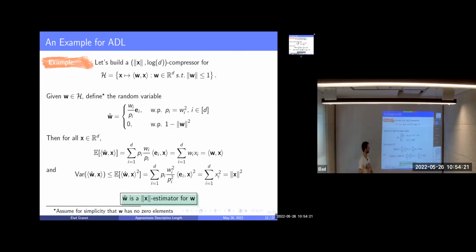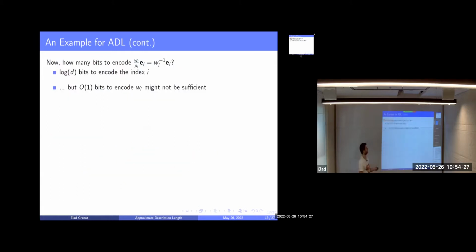So, okay, this is one part, but we want to show a compression, so we need to encode it into bits. So how many bits are required to encode each event? Note each event is a sparse vector, so we can encode it smartly by just encoding which index is not 0 and the value of this index. To encode the index, we need log d bits,